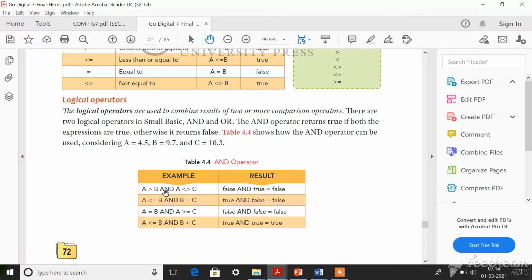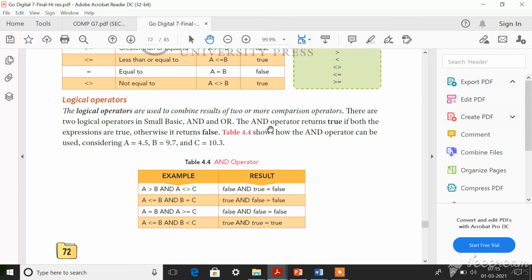You have two logical operators in small basic. One is called AND operator, another one is called OR operator. Okay, so you can underline this AND and OR. Take pencil and underline this. Okay, so even here also you can keep in mind, similar to comparison operator, logical operators are also used to give true or false result. It will give either true result or false result. That is it. Okay, so let's see when it gives true result and when it gives false result.